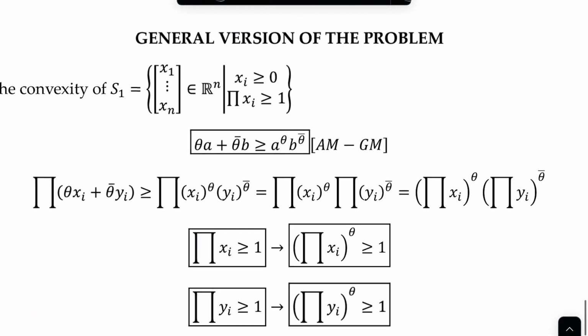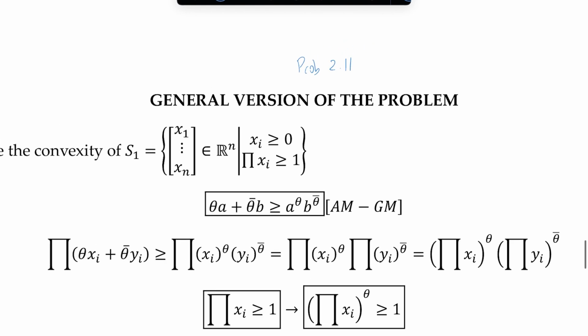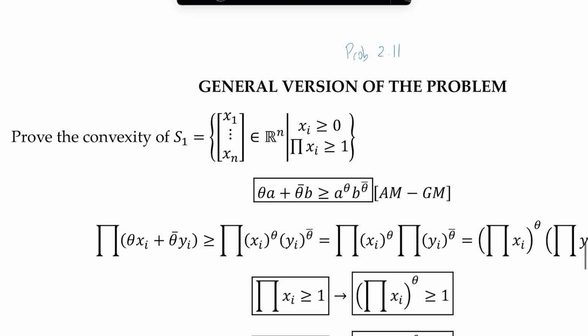And then let's look at the general version of the given problem. Again, this is Stephen Boyd's problem 2.11 from the convex optimization book. So let's look at it. General version of the problem. So prove the convexity of that one. Again, we are not writing that. Instead, we are writing